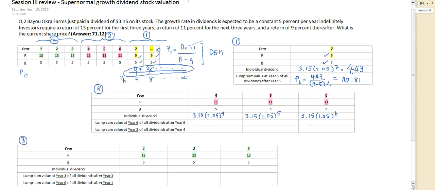Also, if you somehow do not want to hold it further, then decide to sell the stock at the end of year 6, this will be the price that you're gonna get. Okay, so you have to include this with your calculation in order to find the stock price at the end